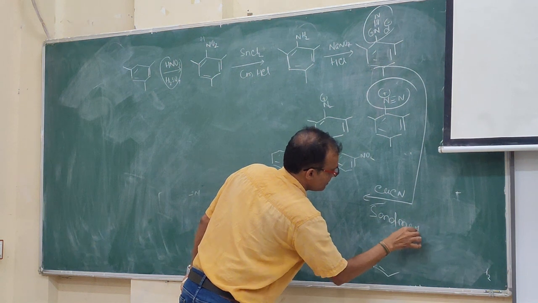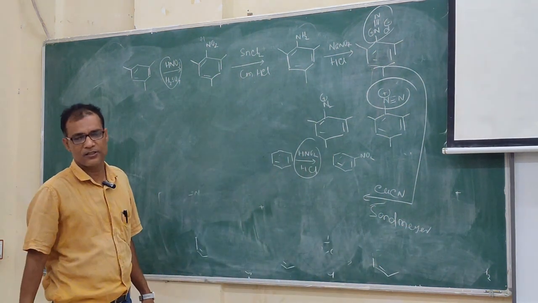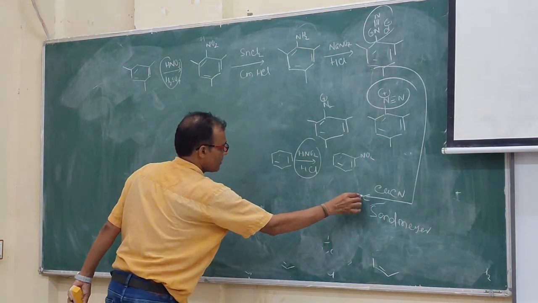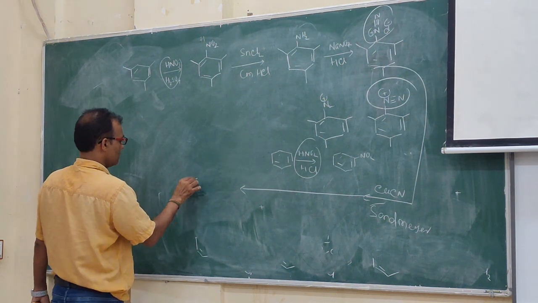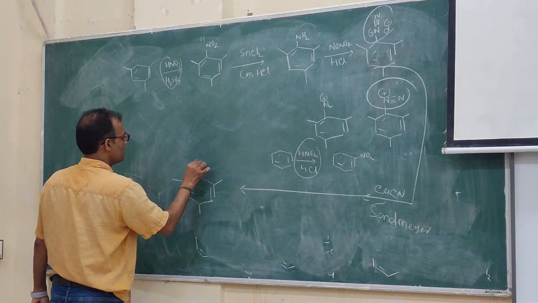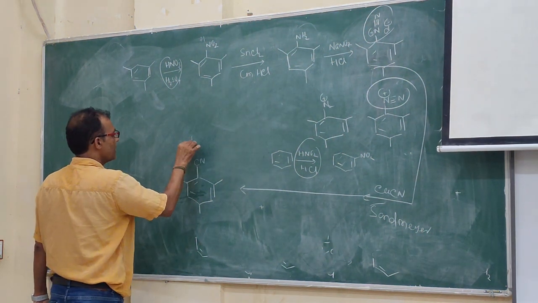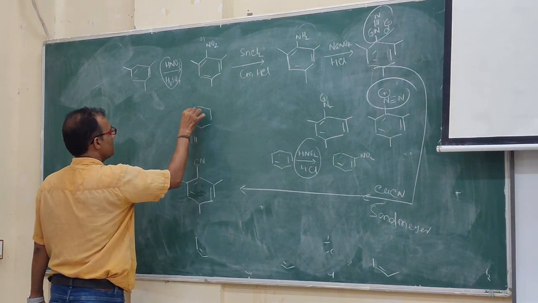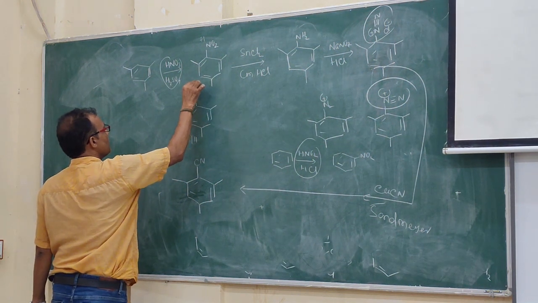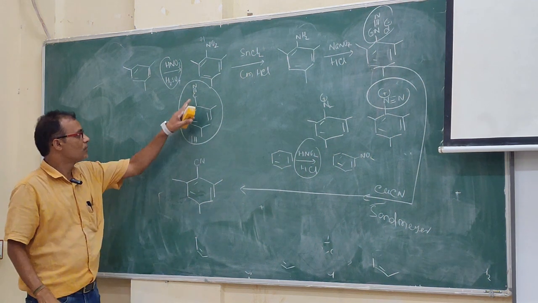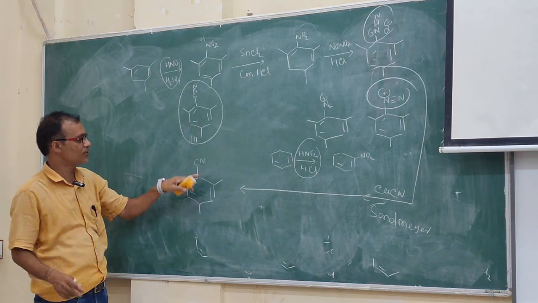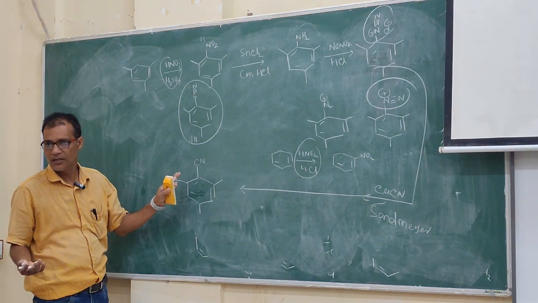Sandmeyer is sometimes also called a name reaction, in the name of that scientist. What will be the product? The cyanide will be the nucleophile, so here this will be converted to cyanide. Or you can write it this way, C triple bond N. If you expand it, make it a linear structure, because C triple bond N, don't bend it. If you don't want to expand, just write CN, no problem. Is that clear? Now, if you do hydrolysis, then you do hydrolysis.